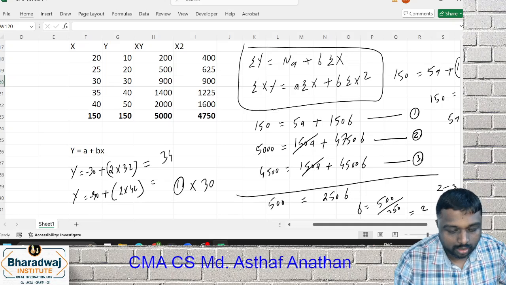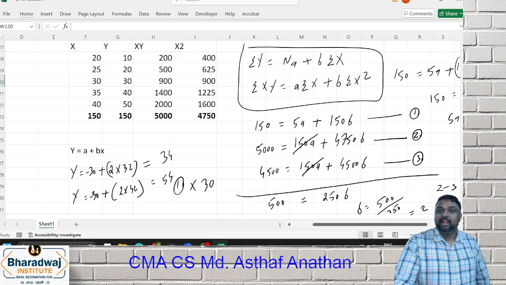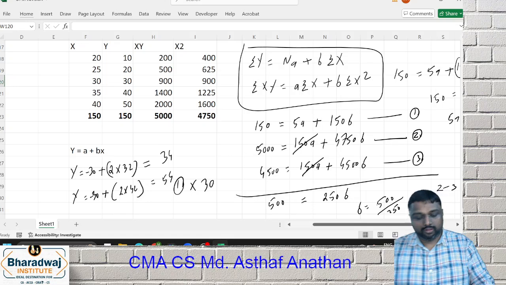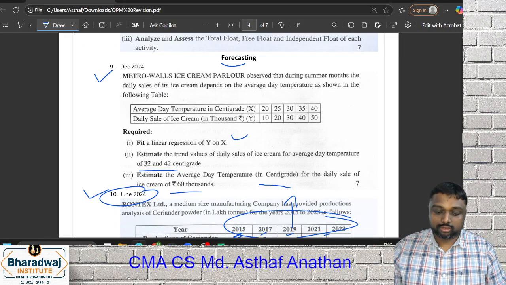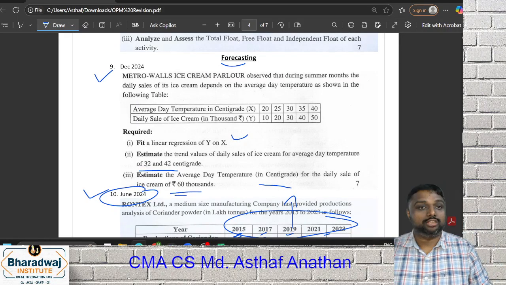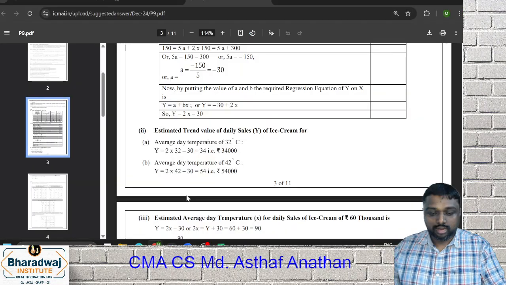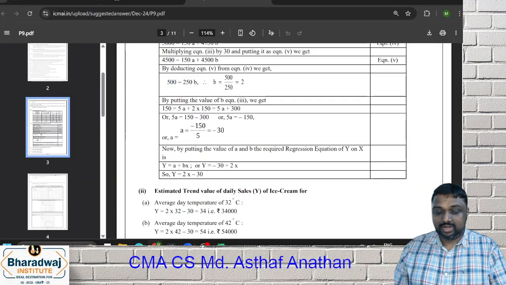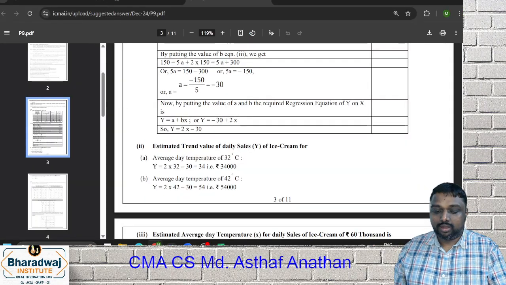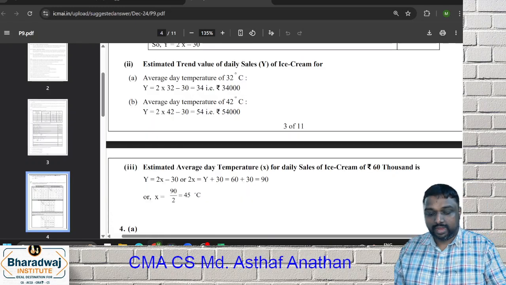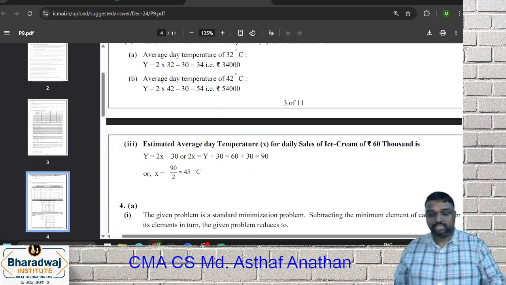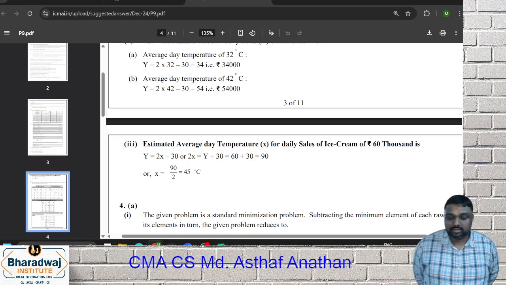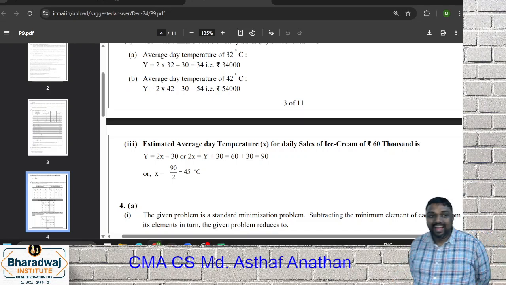34 and 54. That is 34 degrees Celsius and 54 degrees Celsius. Now they are asking for 64,000. So you have to do a reverse calculation. This is how your answer comes. They did a lengthy calculation, but finally they got the same answer. They did it in thousands, they just converted. Now for the second part, you can also go for reverse calculation. You will get the answer for what? 9045. Congrats to those who got the correct answer.